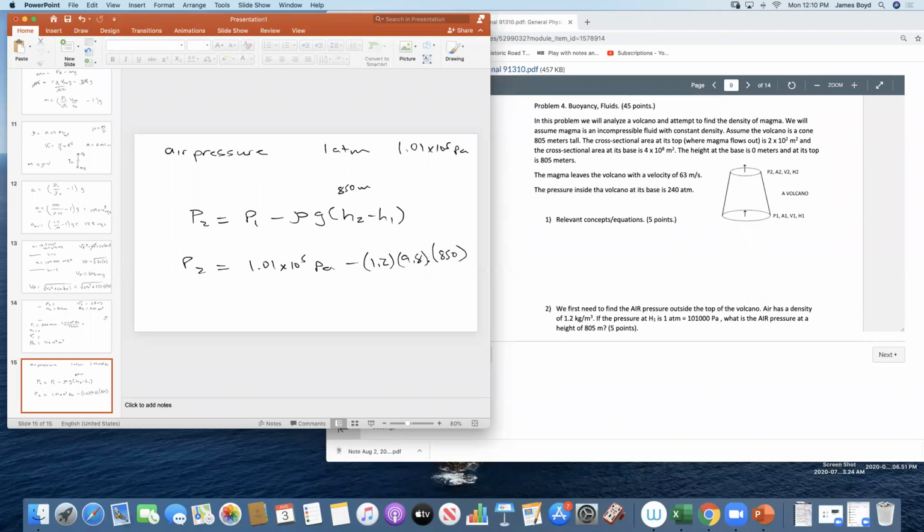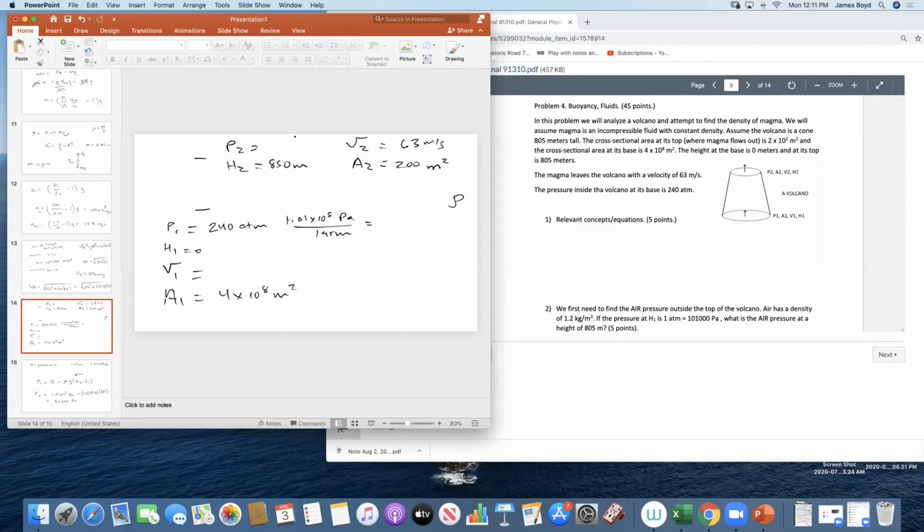Just doing some real fast math here, this is 12 times 850, basically. 12 times 850 is only 10,000, so this is going to be essentially 101,000 minus this answer. It's going to be about 9,800 pascals, something around there. That is the pressure at the top of the volcano. That is P2 back here. So if this is 9,800 pascals, okay, we have everything we need